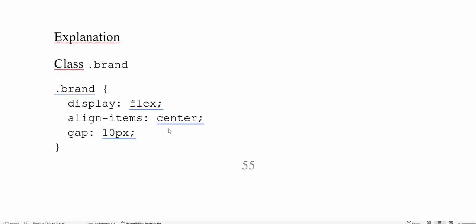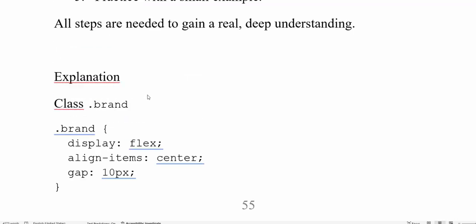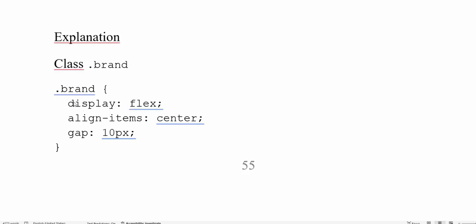Explanation. Class brand, here it is: display, align-items, gap, properties. For display we know. Align-items. You see that brand in HTML is inside the div top row. In top row, also display flex. Brand is a child of top row. Why for the child do we need display flex again? Okay, all that you can experiment